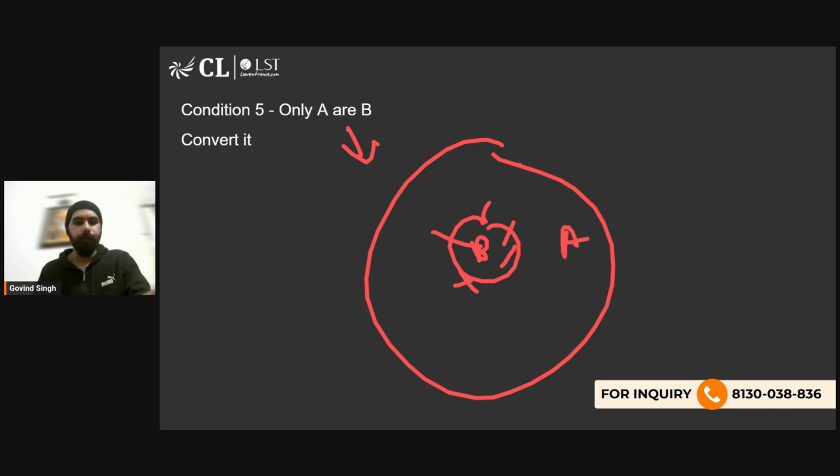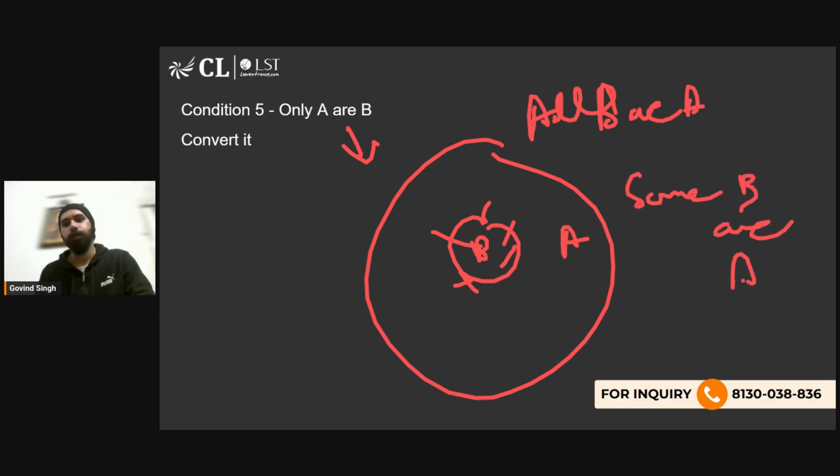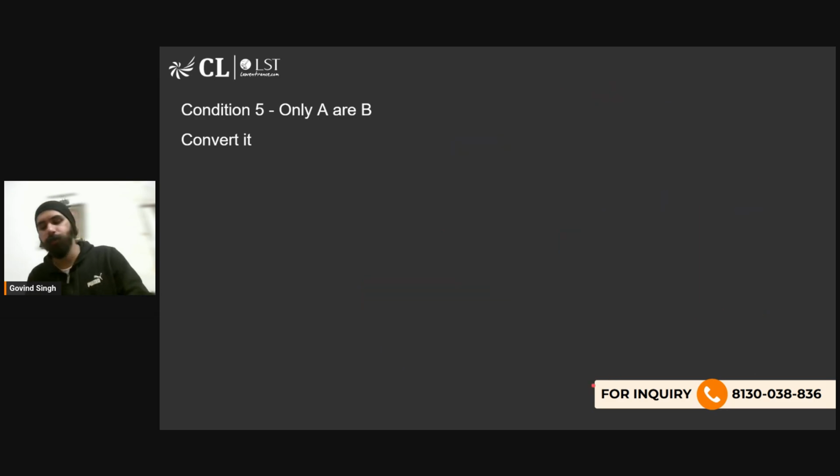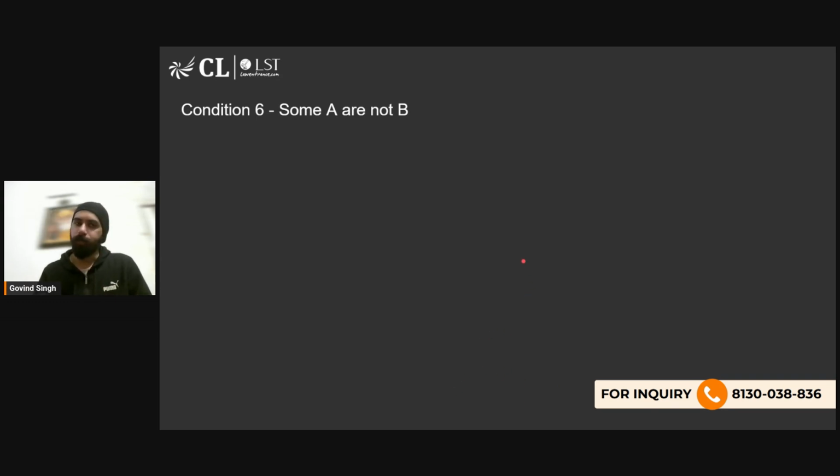Okay, this is how the condition works. अब बाकी सारे रूल्स इसमें ऑल ए आर बी वाले ही अप्लाई होंगे। जैसे आपने ऑल ए आर बी के रूल्स बनाए थे वैसे ही ऑल बी आर ए बना लो यहाँ पे। सो सम बी आर ए वुड बी ट्रू, एंड आपका नो बी आर ए वुड बी फॉल्स, एंड सम बी आर नॉट ए वुड ऑल्सो बी फॉल्स। ठीक है, तो रूल्स वही वाले हैं, बस ये कंडीशन है कि बी किसी और के साथ एसोसिएट नहीं होगा।